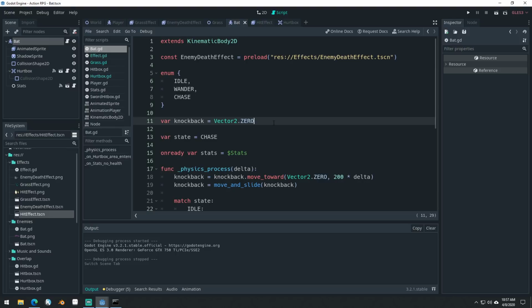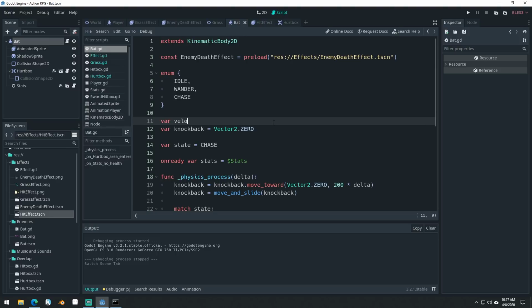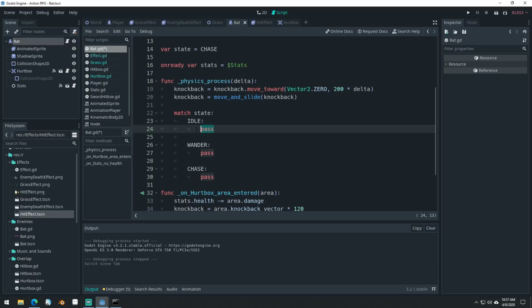So come up here, we'll say var velocity equals Vector2.ZERO. And then inside of our idle, we want to apply our friction. And this will be done with velocity equals velocity.move_toward(Vector2.ZERO,